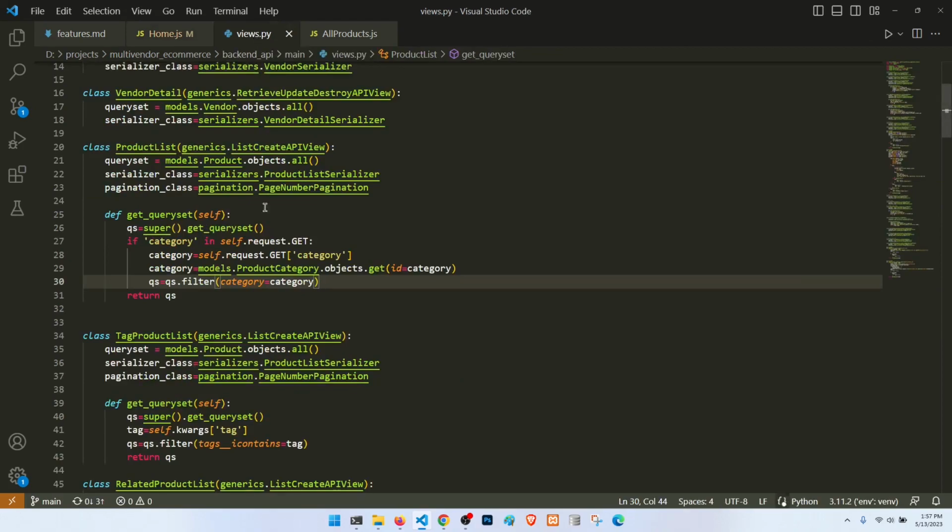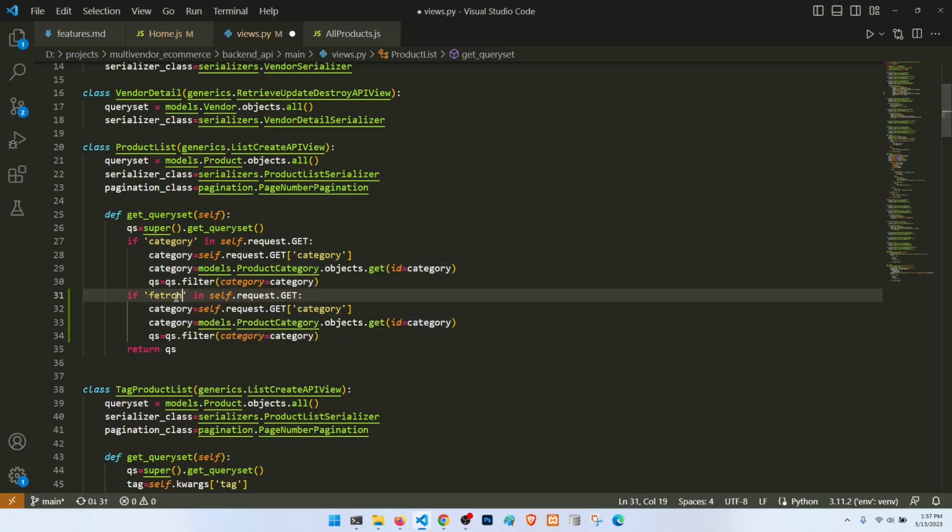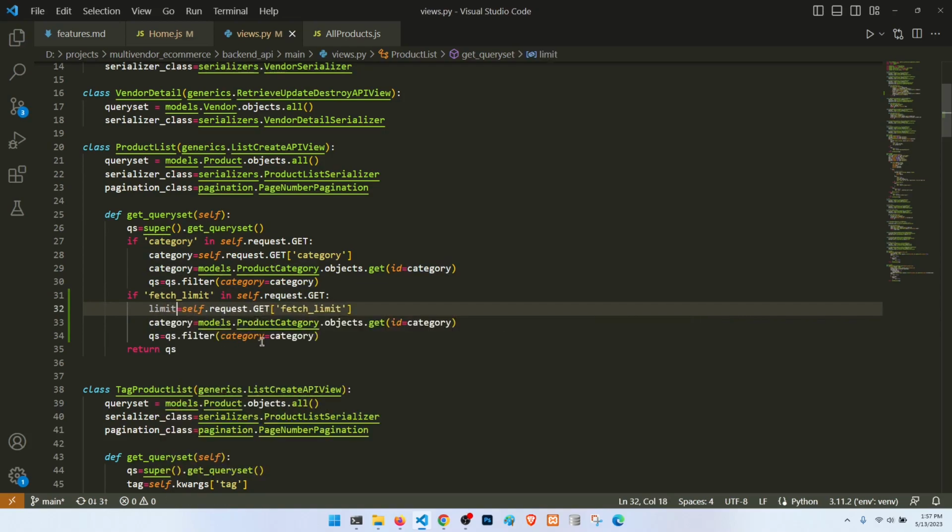Like we are doing for the category, we are fetching the products according to the category while passing it in the URL. We'll do the same thing for the limit, right? This will be our fetch limit. We'll say here limit, and then we will just simply say